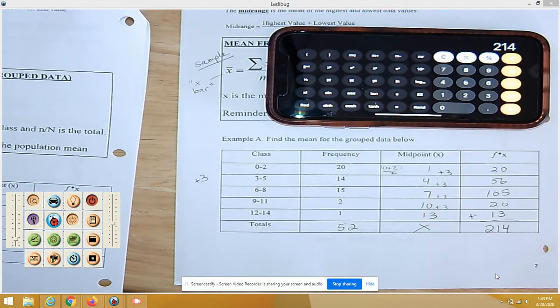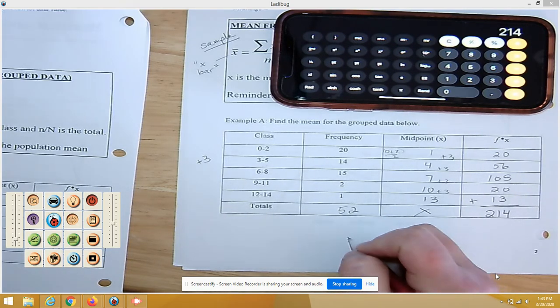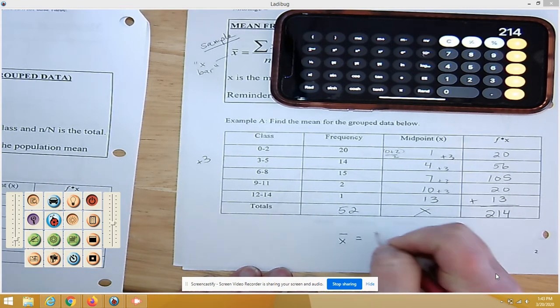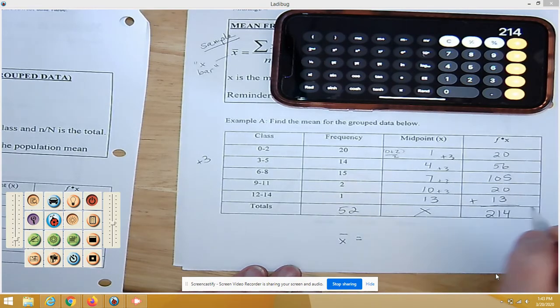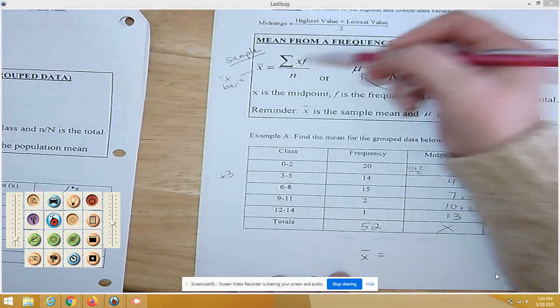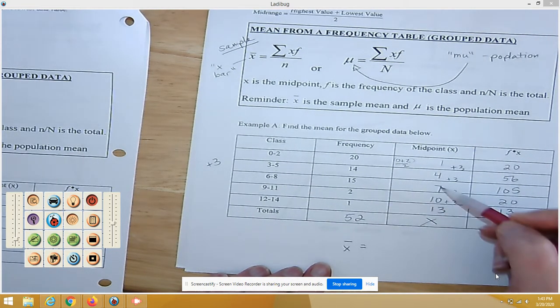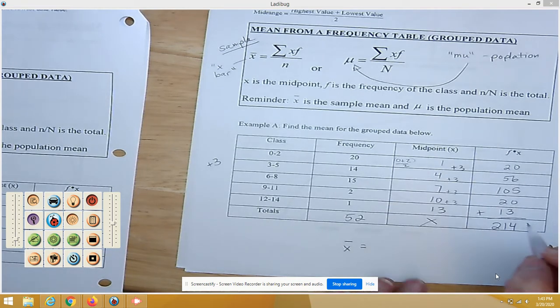All right, and I'm getting 214. All right, so we're going to do X bar here. And now I'm going to be doing the sum. So the sigma back here represents sum. So I'm doing the sum of the multiplication of the frequencies with the midpoint, which makes a lot of sense